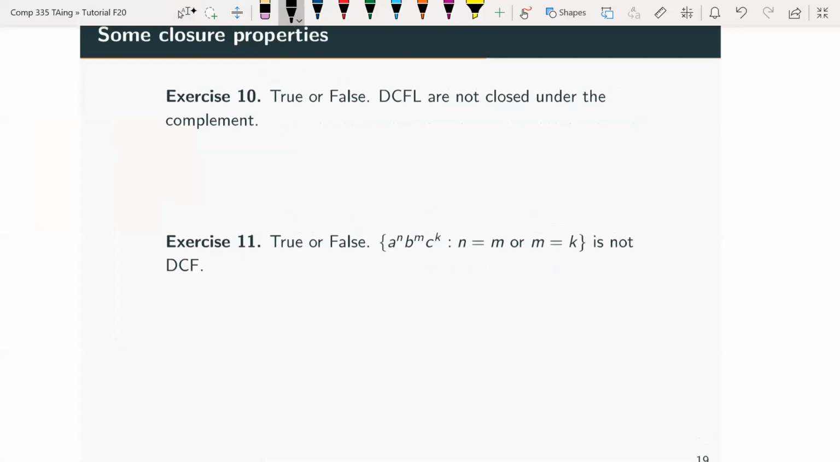All right, so the first question is an interesting question. It's a true or false, saying that deterministic context-free languages are not closed under the complement. So this one is actually,